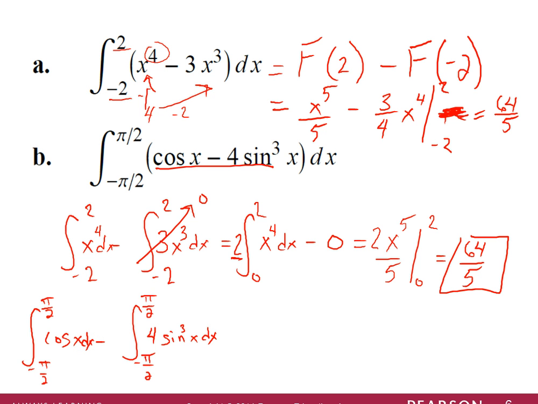All right, and then using this, we can ask ourselves, do we have any even or odd functions? Well, cosine is an even function, so that simplifies to 2 times the integral from 0 to pi/2 of cosine